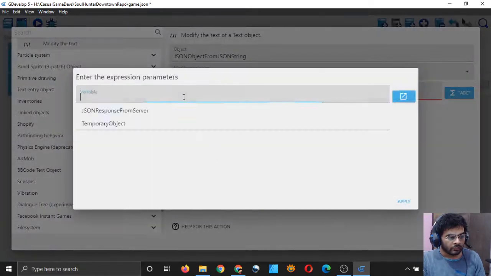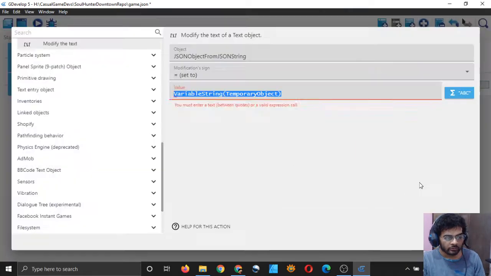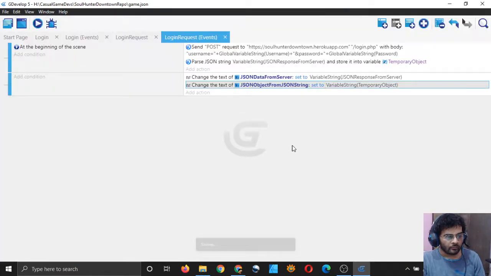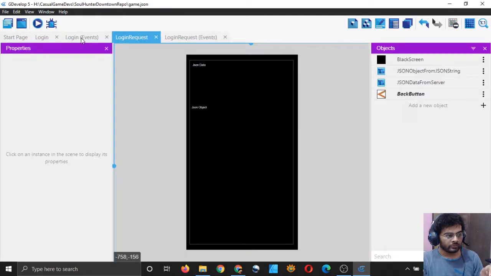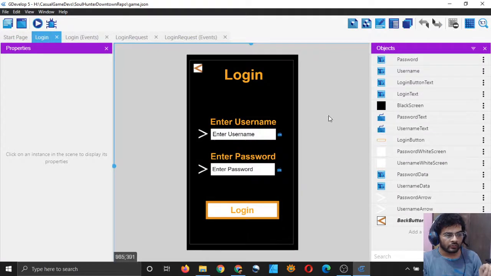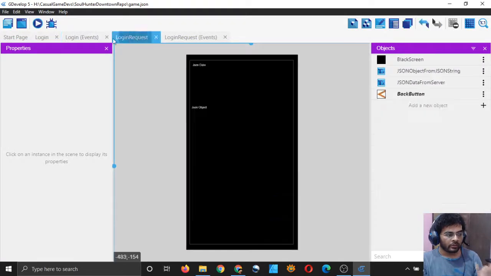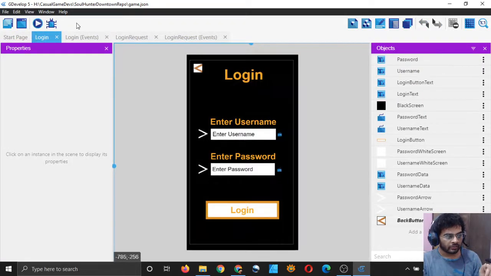Variables, text of a scene variable, temporary object. Yeah, so I will change the text of JSON object from JSON string to variable temporary object. So let's do that. So I will again log in, and I will receive the request, and we will see how it works, what it shows us.